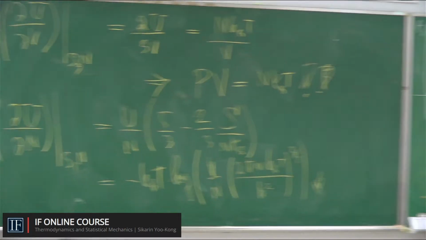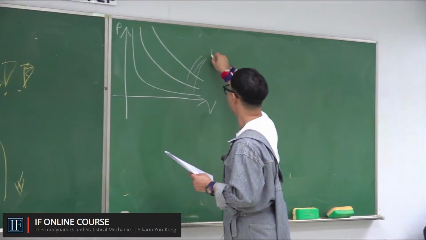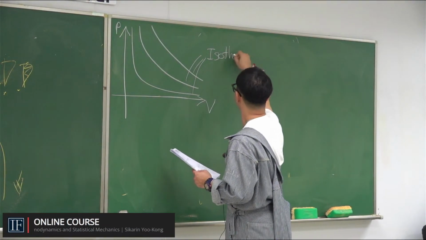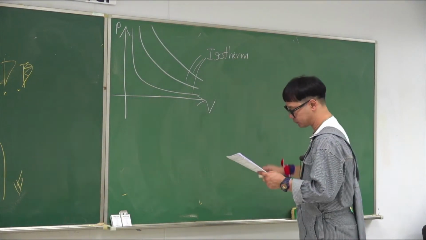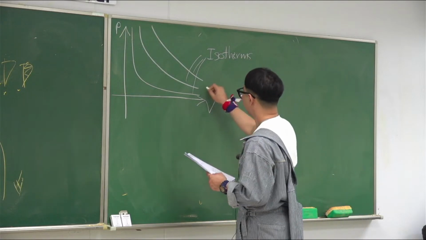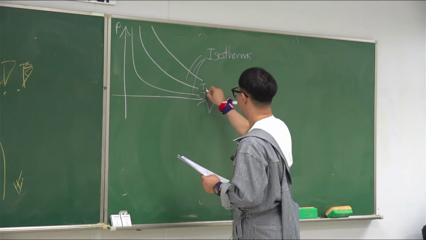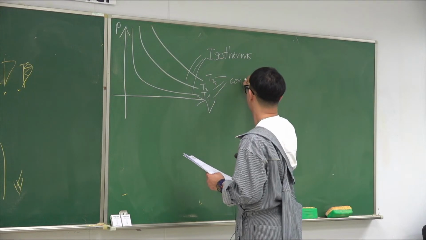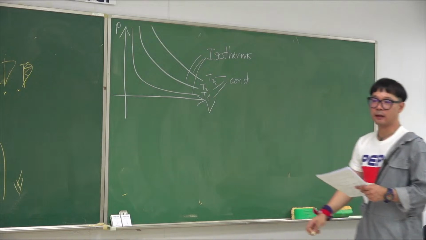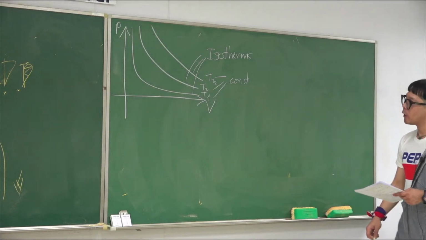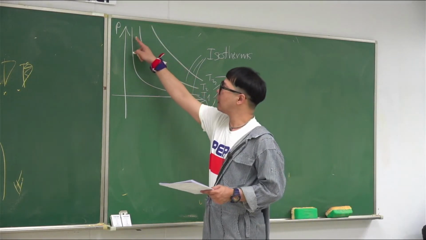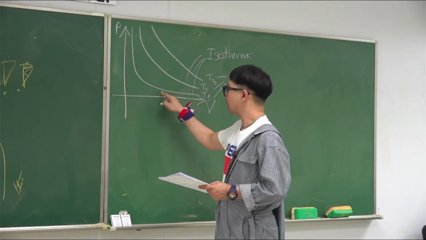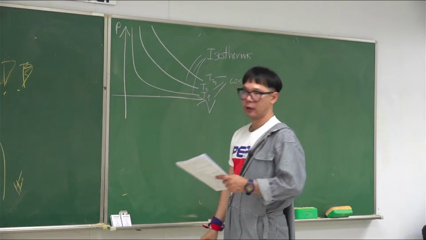All of this is called an isotherm, right here, where they are constant. The process actually moves along this line on this diagram, right? It is going to be constant